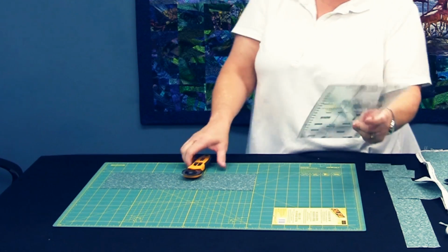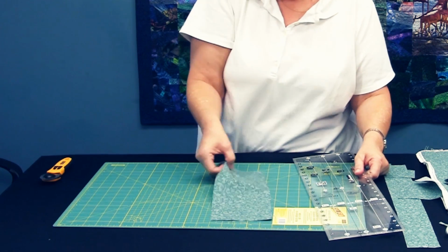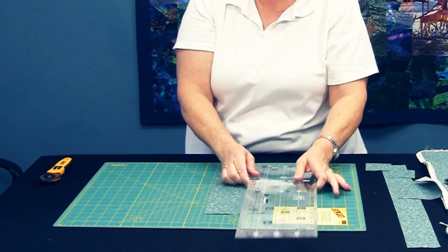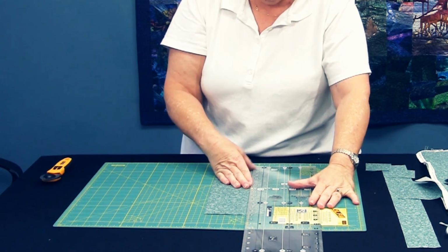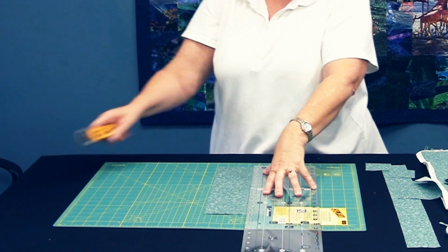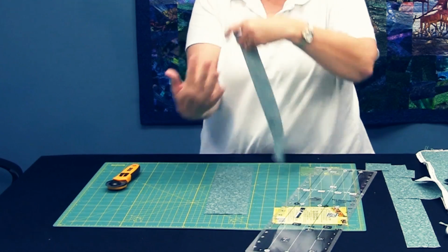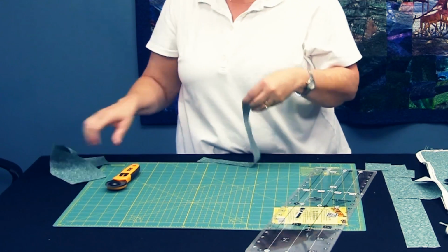Now let's take the same piece that we cut just a moment ago, turn it back vertically, and turn our ruler over. We put the ruler on the edge, and we've got our 1.5-inch strips. And here's a 1.5-inch strip. We take the 1.5-inch strip